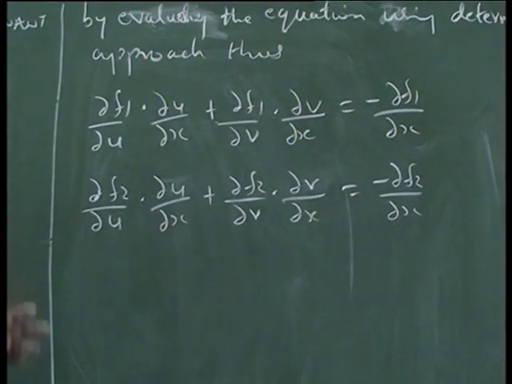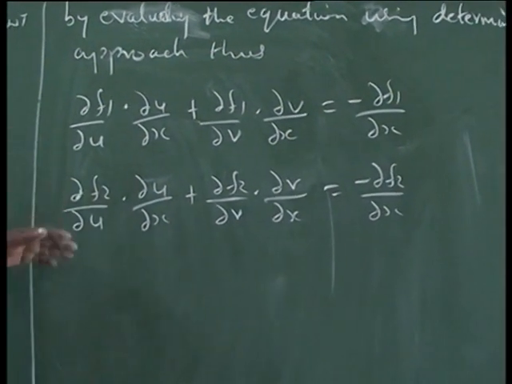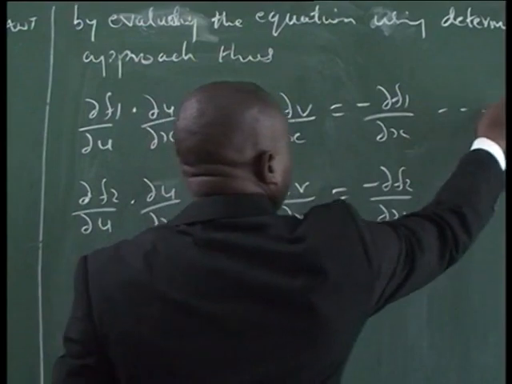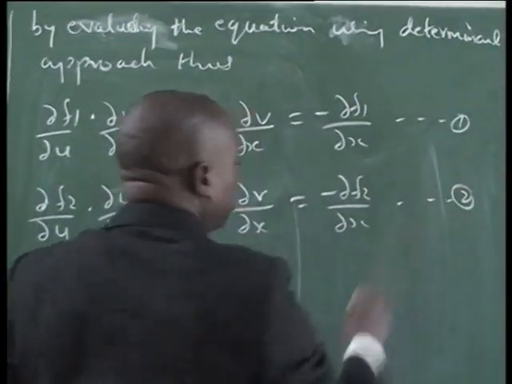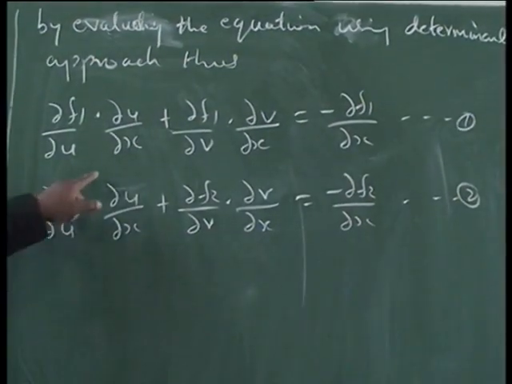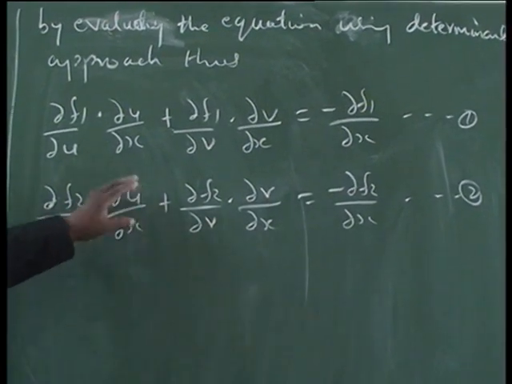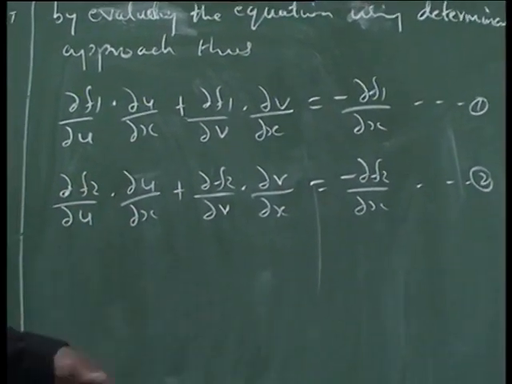So we have two equations now, equation 1, equation 2. Now if you look at it very well, it resembles a linear equation,